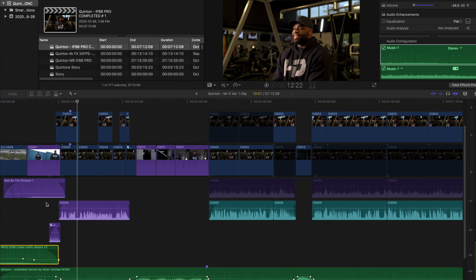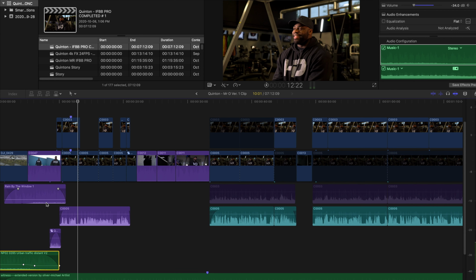Now, in terms of what's going on here, the actual interview portion itself is nothing too complicated. What you can see here on the timeline is that I have a base layer, which is my main A cam, and on my second layer, which you can see C003, essentially that's my B cam. And we like to film interviews this way just by being able to provide more than just